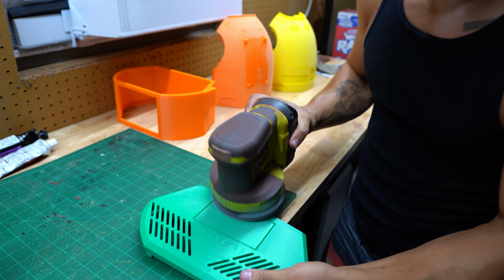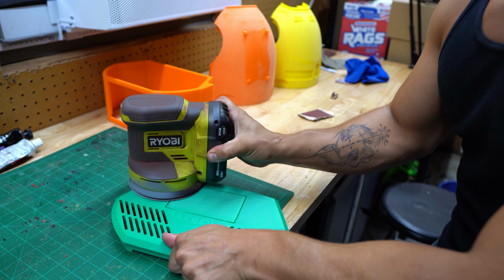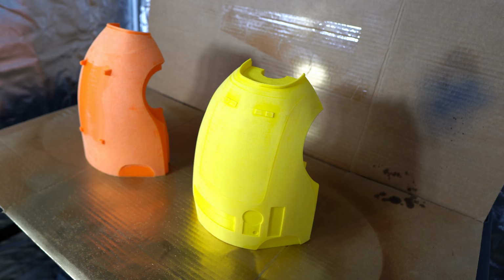So before we move into the next part of the video, I do quickly want to touch on the post-processing, even though this is honestly the most boring part of the video. It's just white and blue paint, and I sanded some plastic. But hey, some people like watching me sand plastic, so I power sanded everything I could with like 80 to 220 grit sandpaper. Power tools go a long way. I hand sanded what I wasn't able to actually get the power sand, and then I moved on